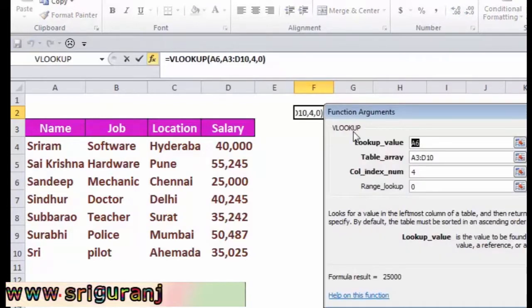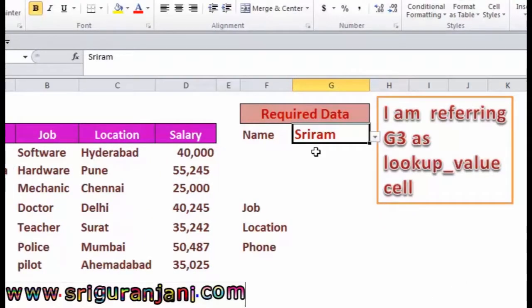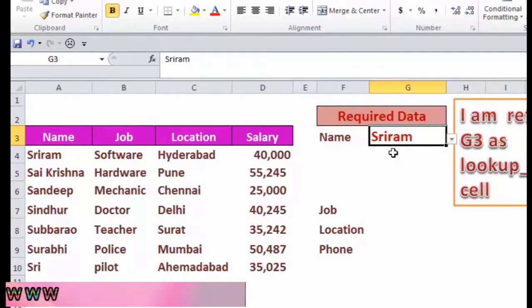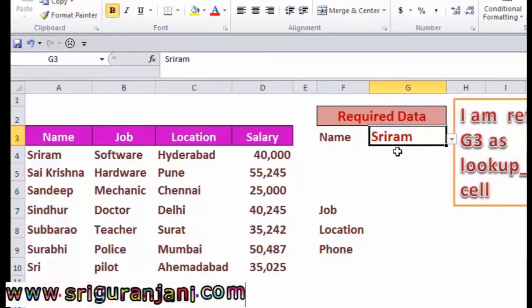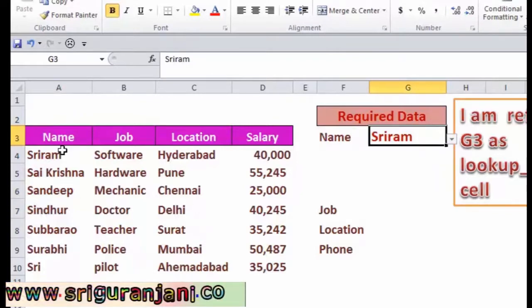In this formula, I directly placed the lookup value cell. Instead of that, I would like to show how we can change the lookup value by referring to a cell. It is very useful for bulk datasets. Now the process starts. Firstly, I selected the G3 cell, and through the process of data validation, I have created a drop down list for all the names available in the first column.